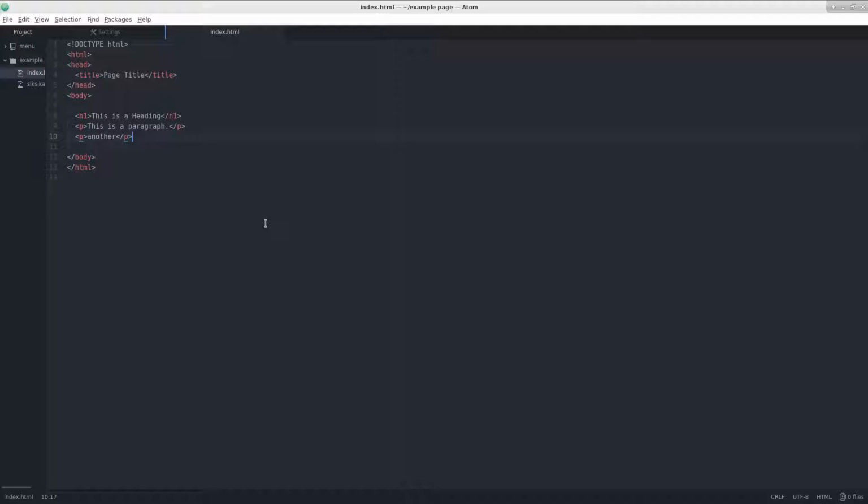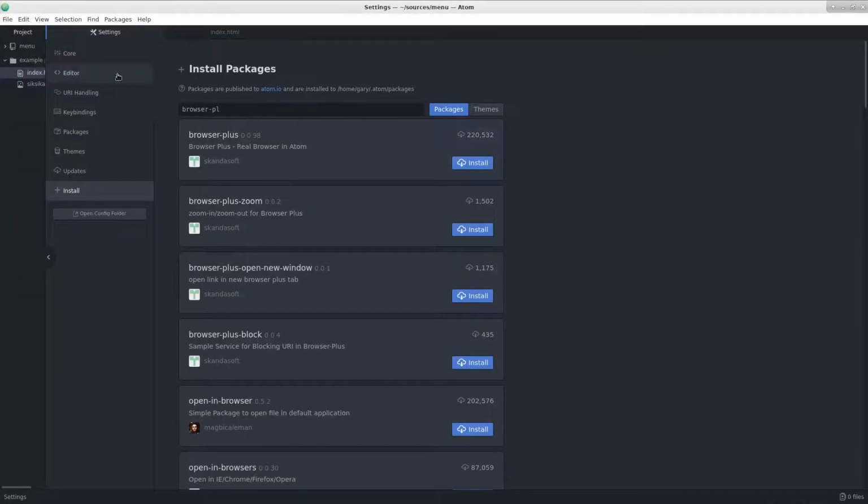But there's a simple way that we can see all of our work in the same window here in Atom. So in order to do that, we're going to install an add-on, and to get to those we'll go under Preferences, and then under Settings we will see an Install button. So if you click on that